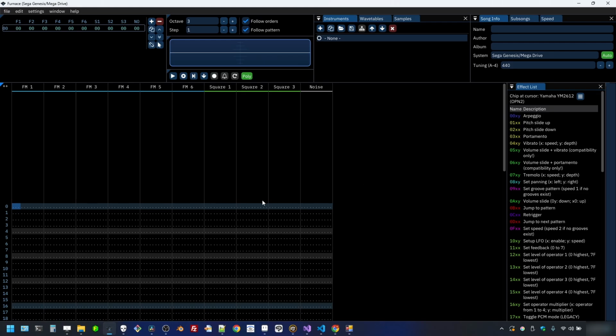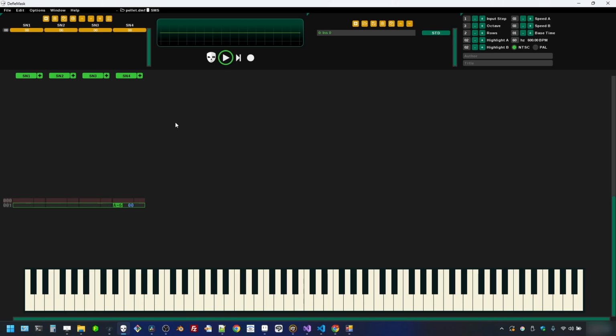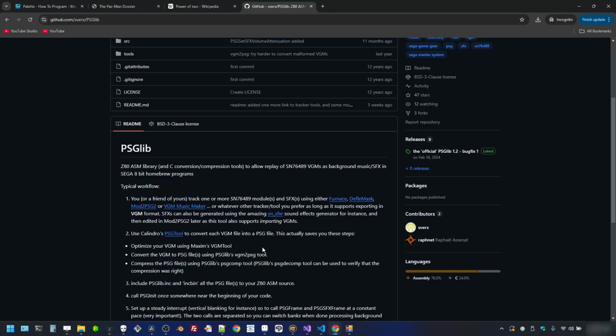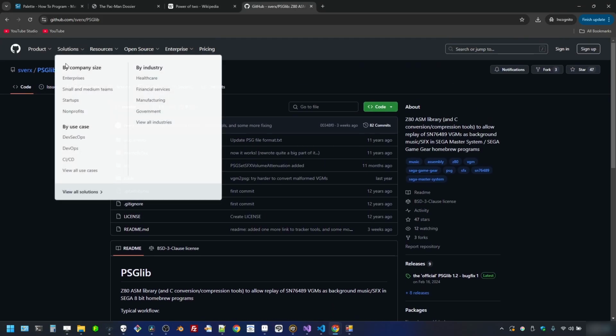So this is one. DefleMask is another one that will do the same thing. So you will create your composition, and then you can save it as a VGM, and then from there we're going to use a tool, the same tool I just talked about, to create a PSG out of it. So, and that tool can be found under,